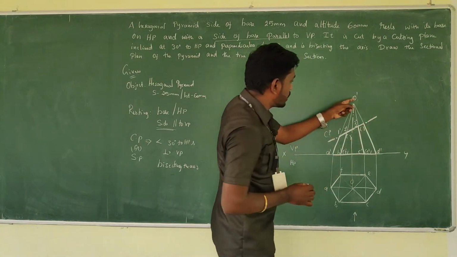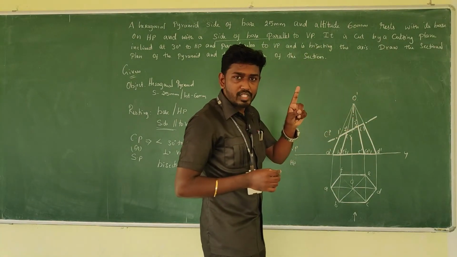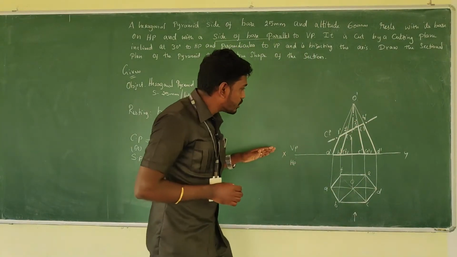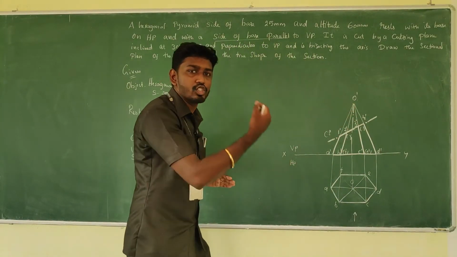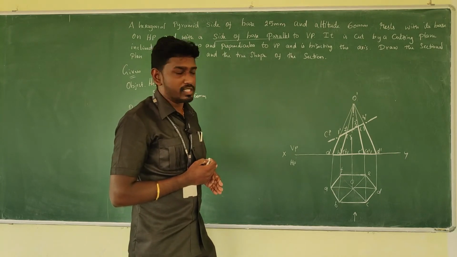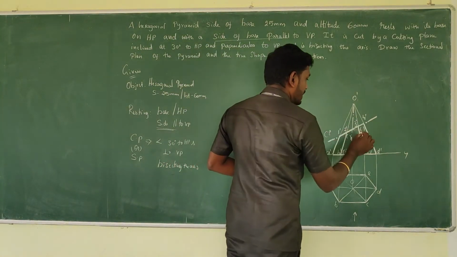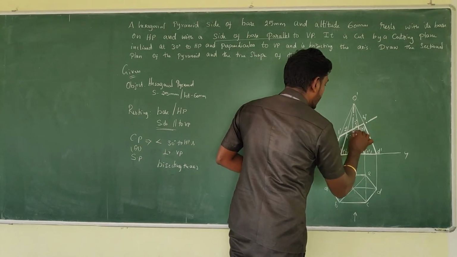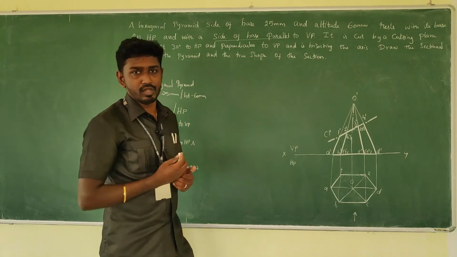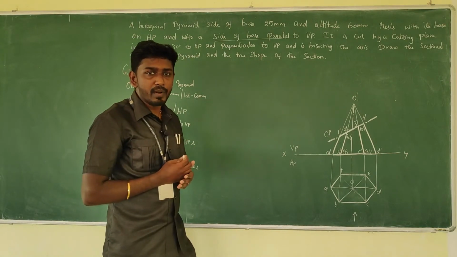Here there is a cut at O to D. One edge, it's a visible edge. I am giving the name 4 dash. After completing all the visible edge names, we need to come back to mark the invisible points. Okay, 1, 2, 3, 4 is given, so this would be your 5 and this would be your 6. You need to come in reverse, right to left, in order to mark the invisible points.